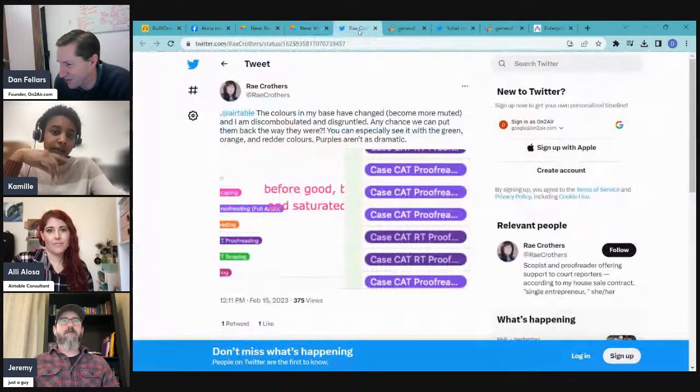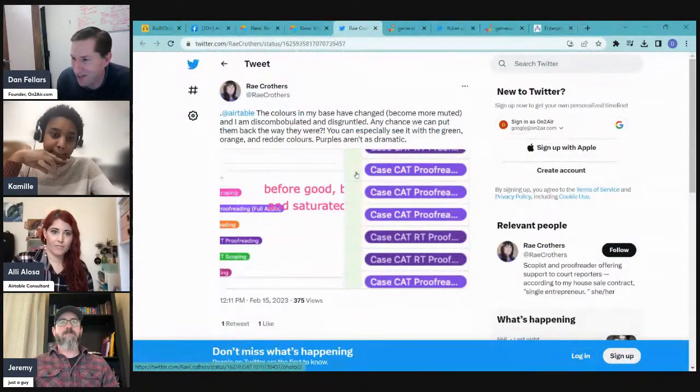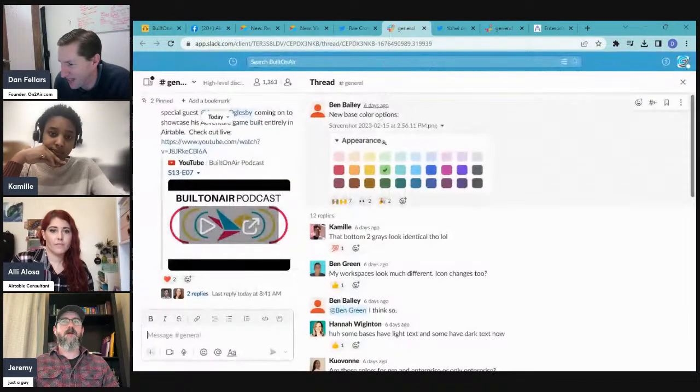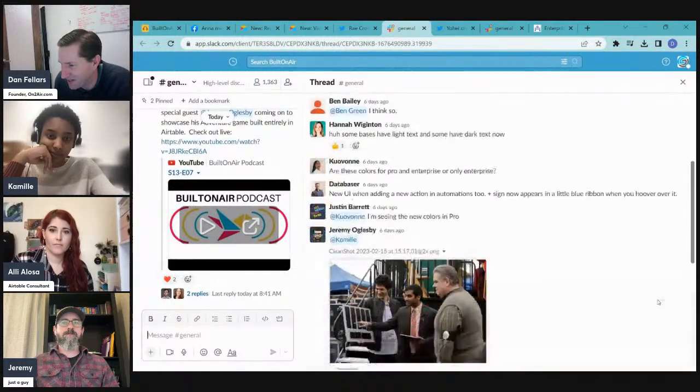I'll just go through it. There were a couple of reactions on Twitter about making it too faded. Some people said that if you're colorblind, this was a bad change. There was some feedback in the BuiltOnAir community.